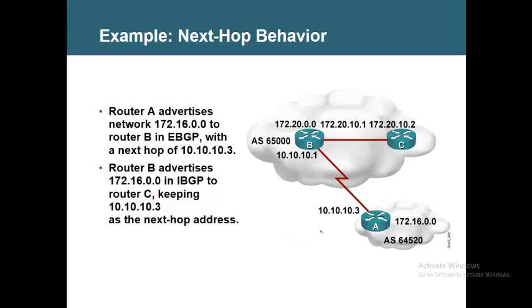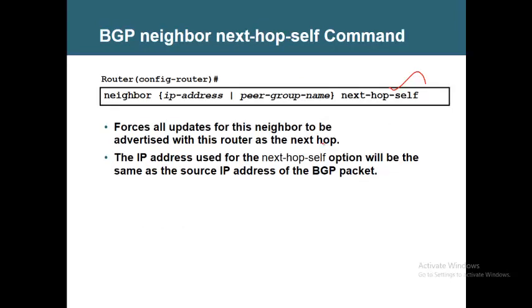For example, in here, router C will receive these networks with this address as the next hop. For C, it's an unreachable address. So C will see the BGP update, but C cannot use it. For that, what we do is we tell B to say next hop self, so that C will have B's address as the next hop. And also we learned that